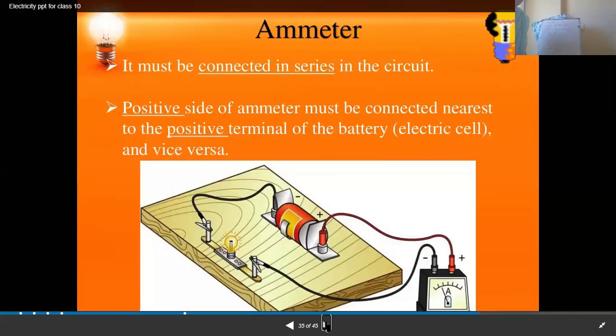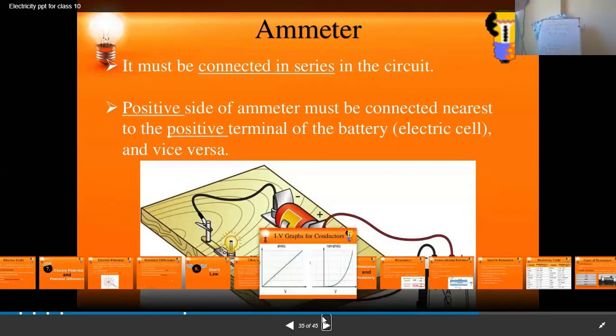There are certain measuring devices which are used in electric circuits. These measuring devices are the ammeter and the voltmeter. The ammeter measures the value of current and it is always connected in series. Now, what is a series connection? In today's lecture, we will try to find out what is meant by series connection. How can we connect a component? How can we connect a resistor? How can we connect the ammeter in series?